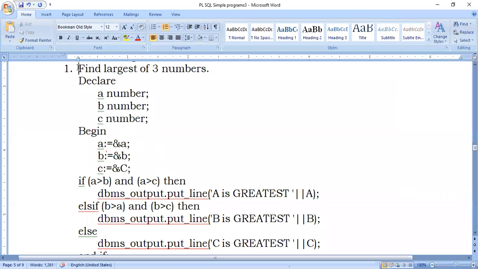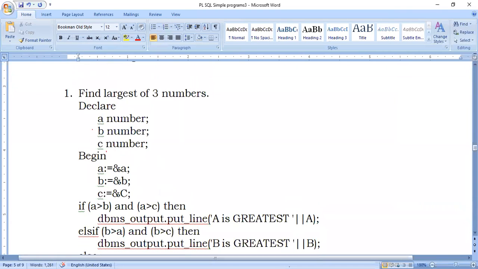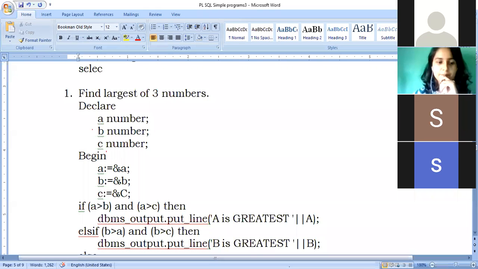So as you can see, in a parametric query, suppose you had to display a particular person's record. So you used to give like this. Suppose I had to display the records of a particular student. Then I'll say select star from student. I don't know which student. The user will tell me whose details I have to specify at the time of execution. Then I used to say something like this, where name equal to, I don't know the name. So I used to give something like this, ampersand name.